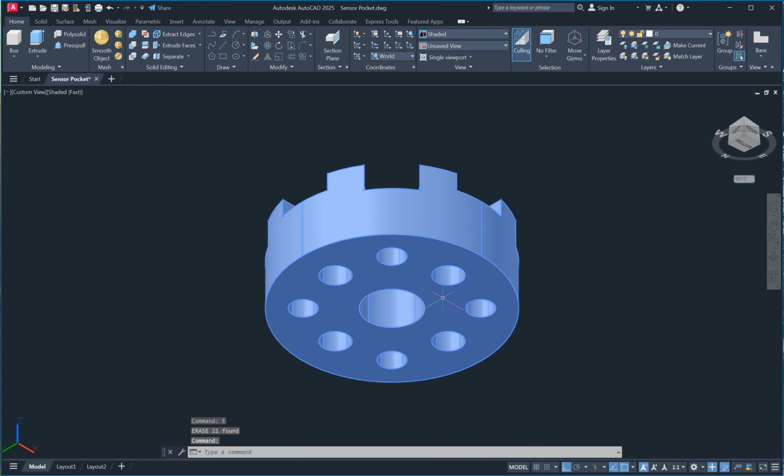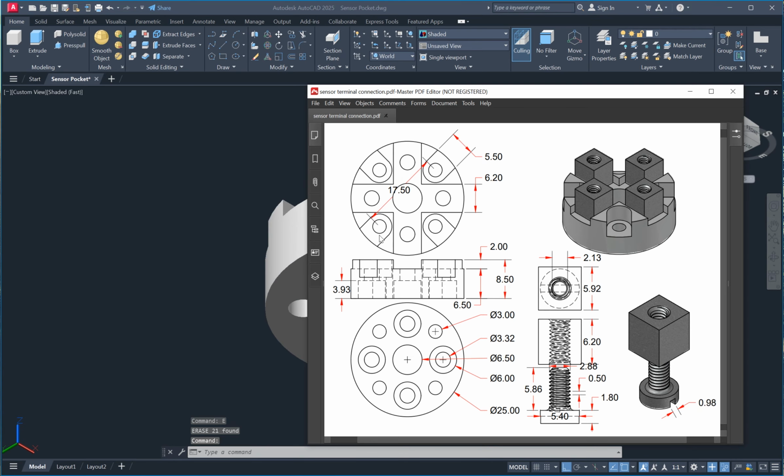So at the back side like this here, we create 4 circles and extrude 3.93.